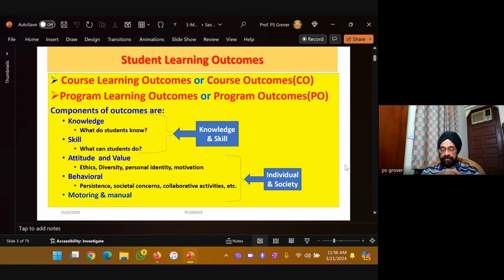For example, knowledge and skill are human intellectual, that is cognitive; attitude, value, and behavior are affective; and manual skills are psychomotor. Now, measuring and assessing them is very special in the sense,